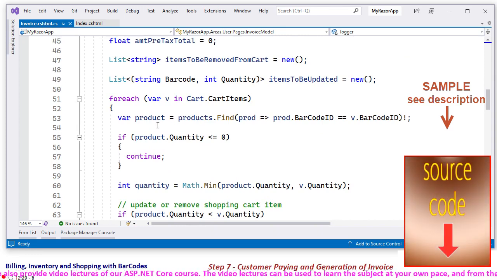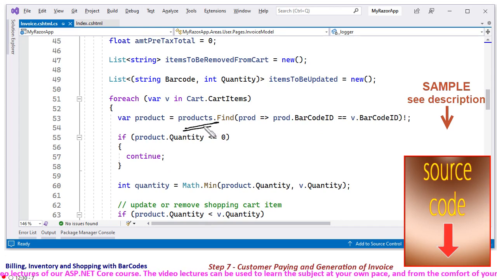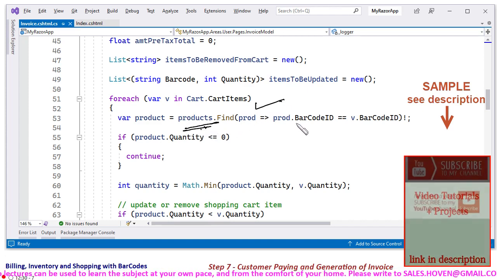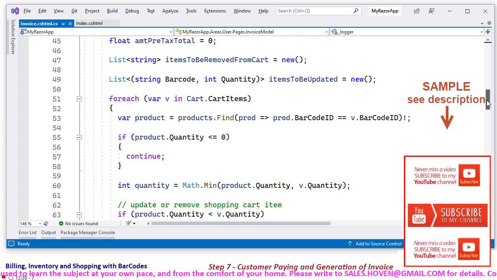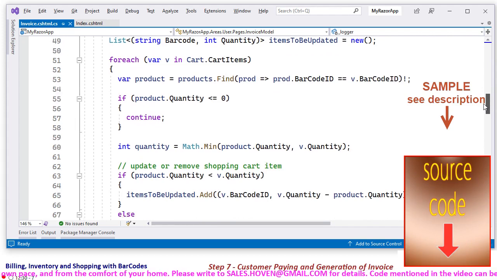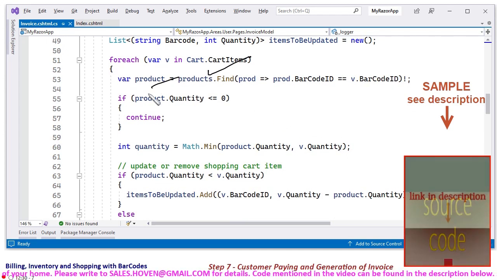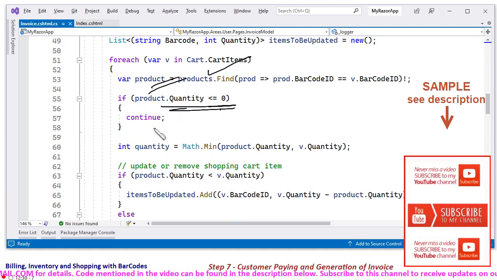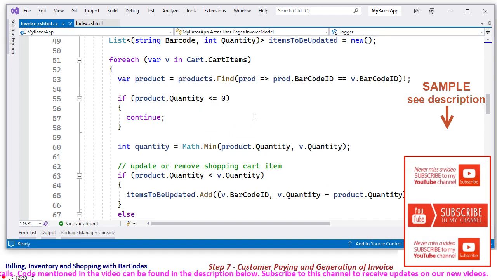So the first thing we do is we take out the product from the list of products that we already obtained. This will be faster because we have made one query just at the top. So this single query worked for us. Otherwise we would have required so many trips to the database. So from this list we take out the product. If the quantity is not there, then we have nothing to remove or nothing to add, and we simply continue. Otherwise